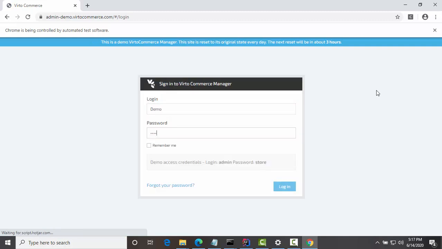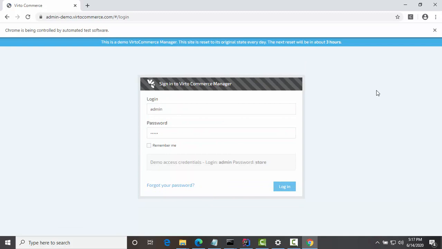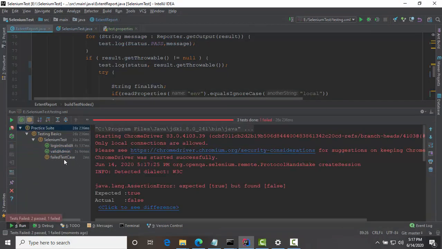The browser has opened and started executing the test. Purposefully I have marked one test as failed, so you can see the method name as a failed test case.